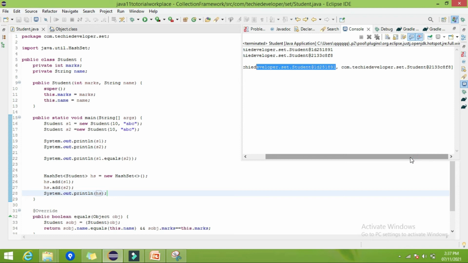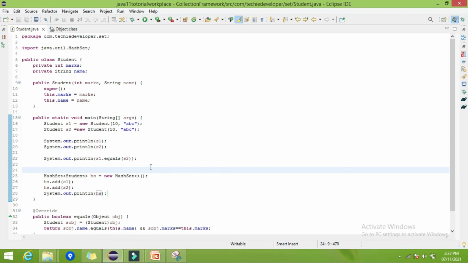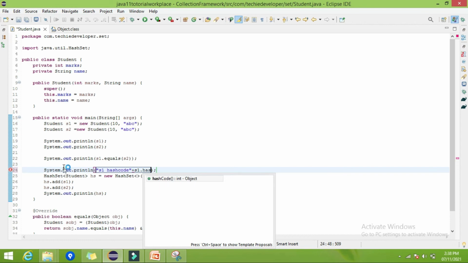Okay, now let's try to print the hash code for both the students. Sysout s1 hash code. How to print hash code? s1.hashCode(), right?